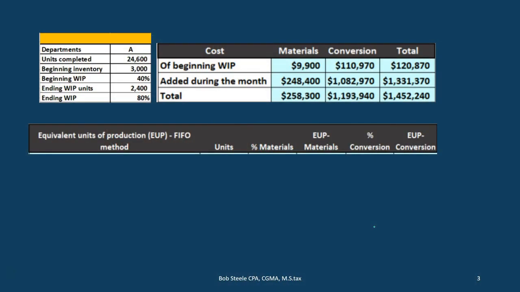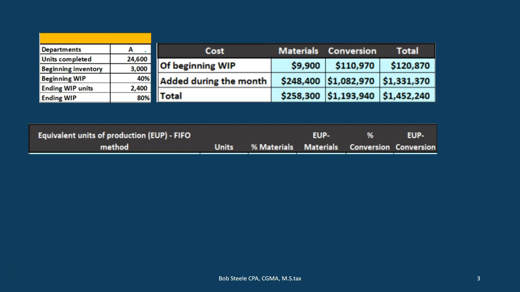All right, so this is the information that we will have here. We're going to be looking at focusing in on Department A. We're assuming there are two departments in a process cost system. So remember, when we're thinking about a process cost system, we're thinking about something that makes the same type of units, something like taffy or oil or something like that, that every unit is the same, and therefore we're going to allocate the cost of the production using a process cost system